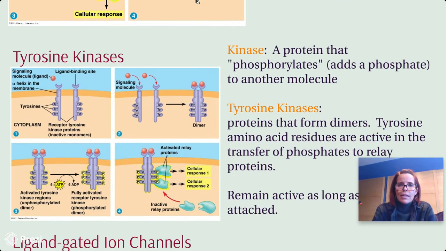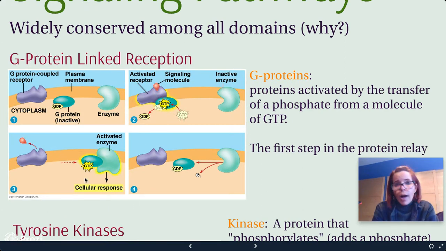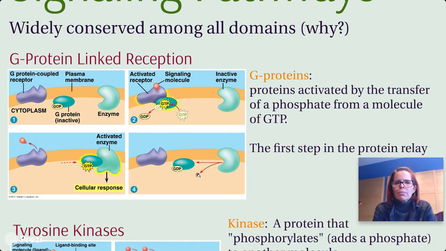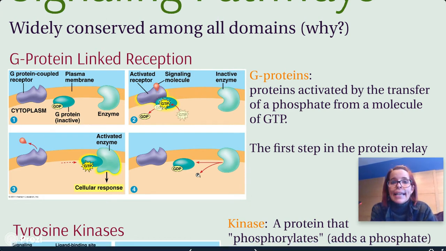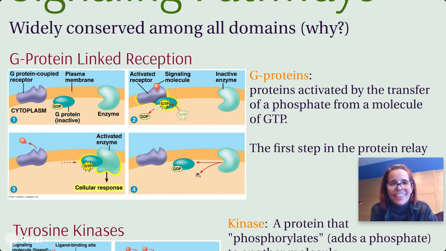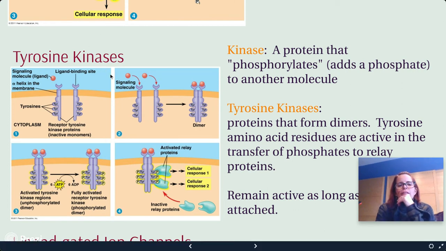Here's another example of a type of reception. And again, you wouldn't yourself need to draw this, but you would need to be able to explain what's going on. You'd need to be able to say that this little red thing is the ligand, and that the message has been received, that this is reception that's going on. In these tyrosine kinases, the receptors, so the part that's sticking out of the cell membrane,